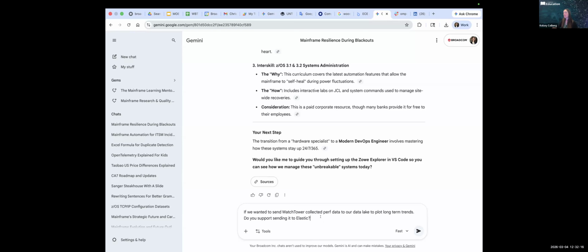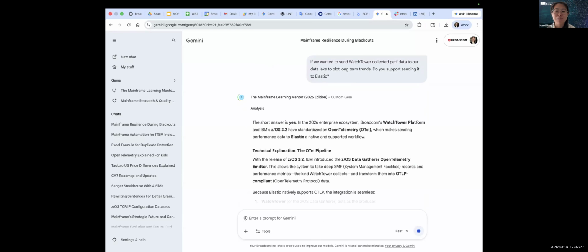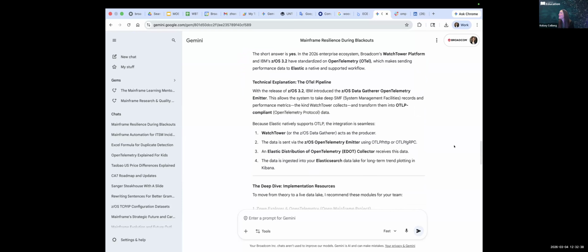So, okay, I have Zach's questions pasted in here, so I'm just going to go ahead and put that in. But I wonder if this is more because it's asking about us specifically supporting Elastic. So, okay, let's just see. And I will say, Zach, for questions like this, I'm curious what it came back with, because I know the intention of the mentor was definitely higher level general questions for new mainframers. Because this would be